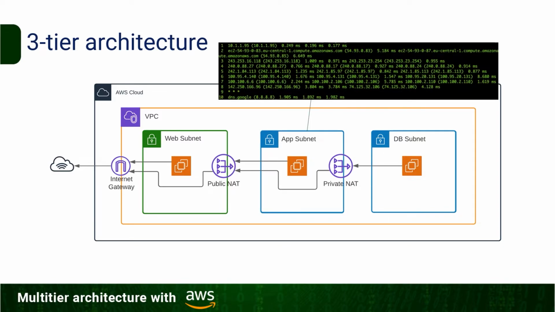we are reaching the internet through the internet gateway as well, but before it, the traffic goes through the NAT public gateway. And as a result, we have 10 hops, which means you cannot have direct access without VPN to your application tier